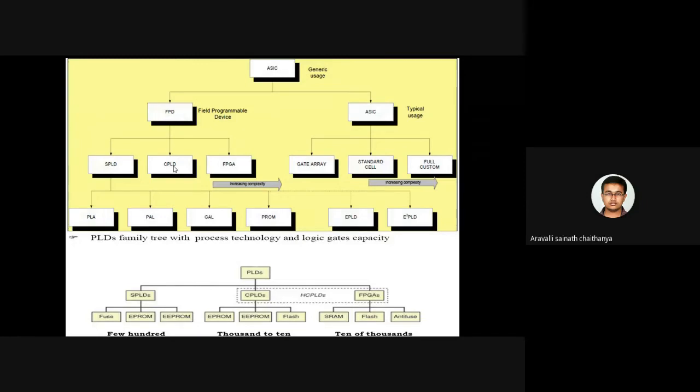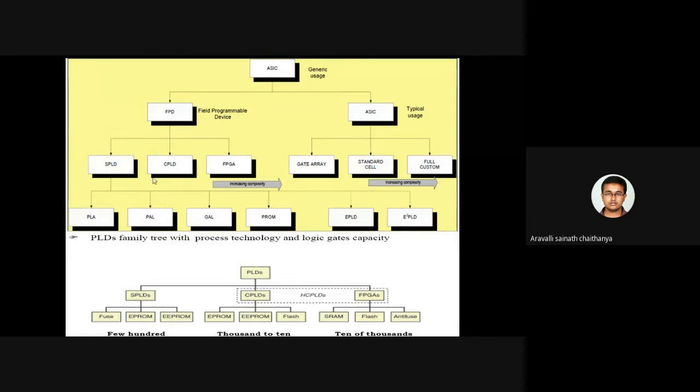A gate may have an enormous number of transistors. Be clear with this point. And here, an FPGA has something like 1 million logical gates present on its integrated circuit chip. So these field programmable devices are nothing but integrated circuit chips, or sometimes I'm going to call them FPDs.